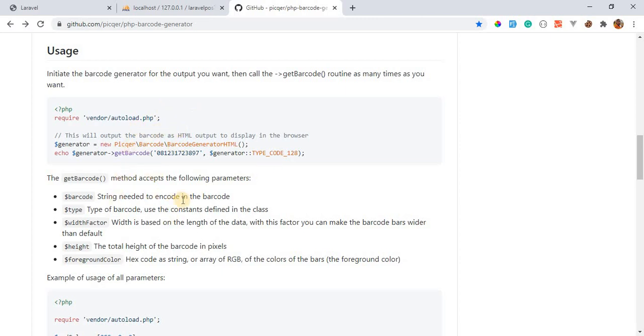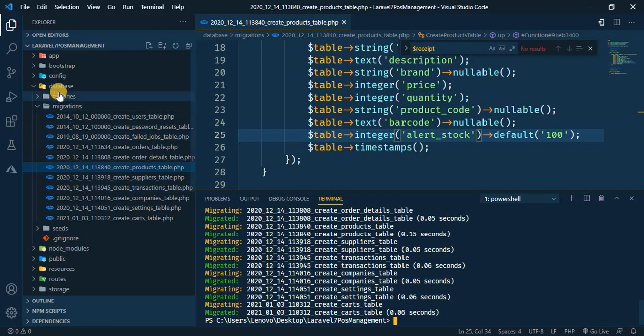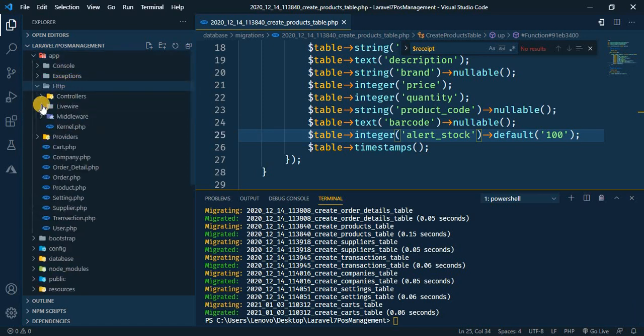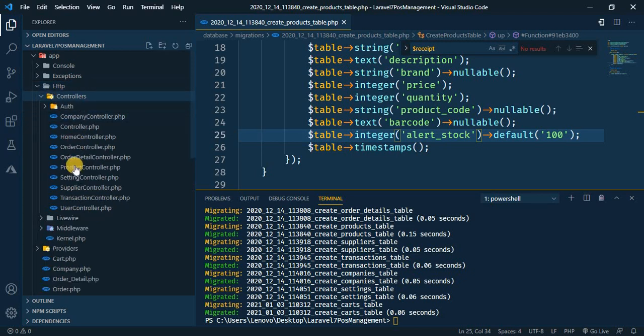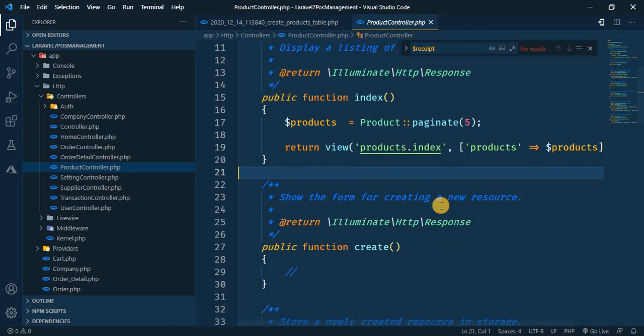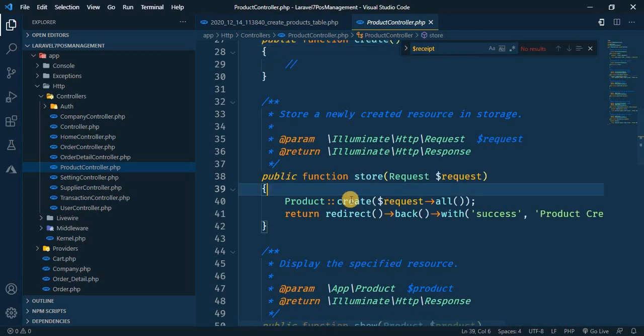Okay, but what I will do next, let's open our product controller. Inside app, Http, we have a folder called Controllers, and inside it we have a ProductController here. So open this ProductController, and what we will need to do next is inside the